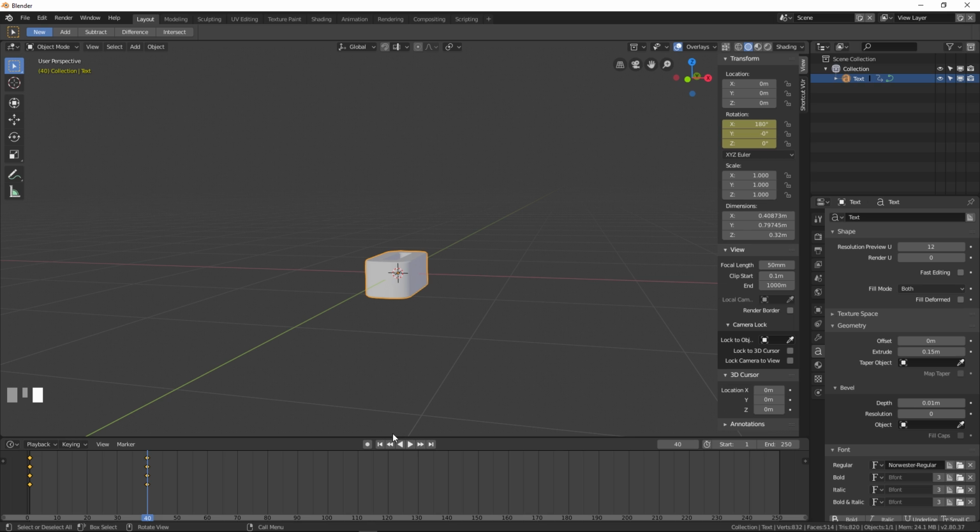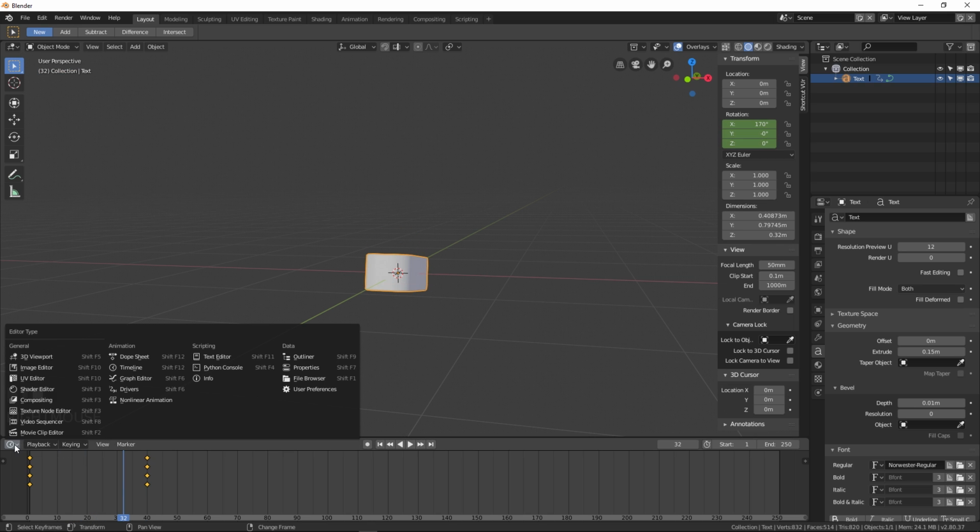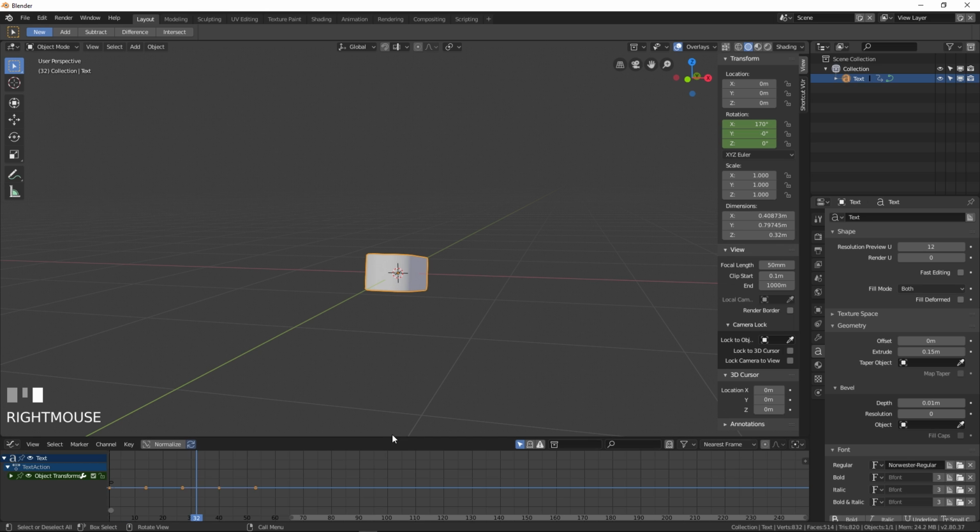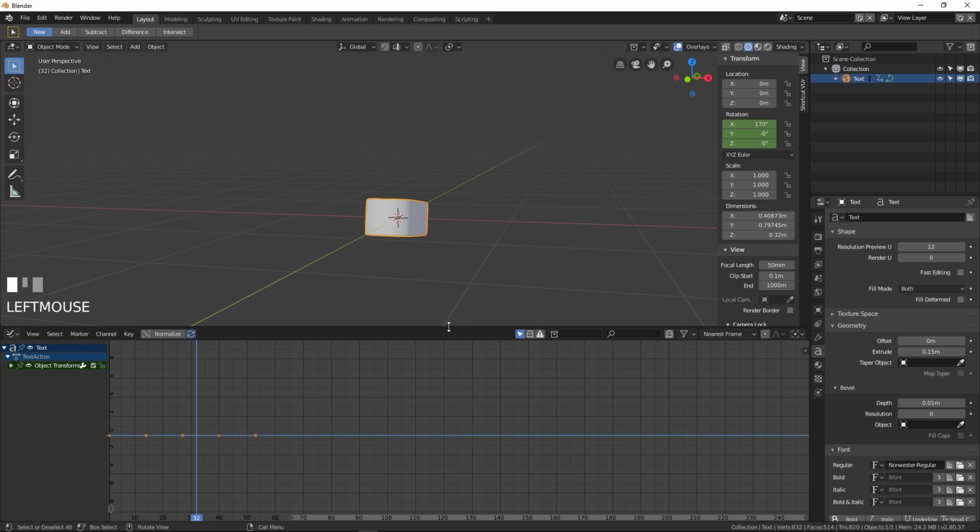rotating. So in order to give it more characteristic or movement, let's select this option and let's go to the graph editor, something like this, and let me just zoom it quite a bit. So over here we have the graph for the curve. Let's open up the object, and in case you are not able to see the graphs, make sure the normalize button is checked, and after that you can see that we have the curves for